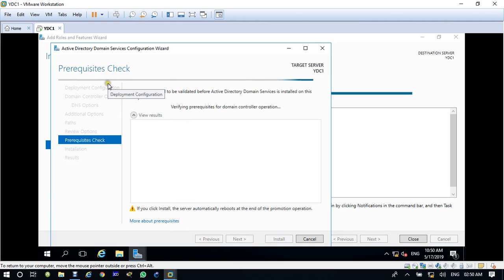After that it is going to check the prerequisite settings, meaning whether all the requirements are completed here or not. If the requirements are not up to date and completed, it will give you an error.